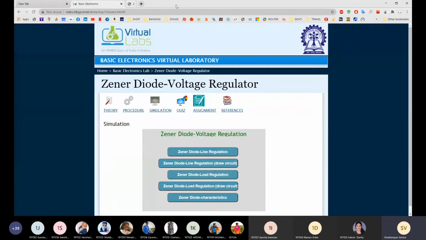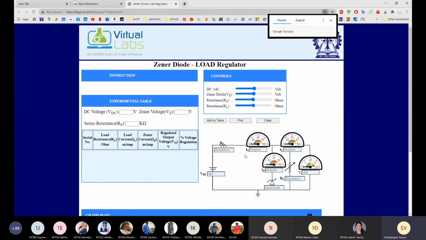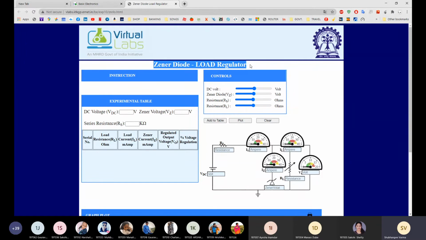Now we will see the load regulator. In load, what we are going to do, the diagram will be the same, students. See over here, I have opened the Zener diode as a load regulator. In this the diagram is the same, but instead of changing the input voltage, this VDC, we are going to change the load, and the load is nothing but R. Going to change the load means what? We are going to change the mobile. Each mobile has different resistance. So what we are going to change? The RL. We are going to change the RL.